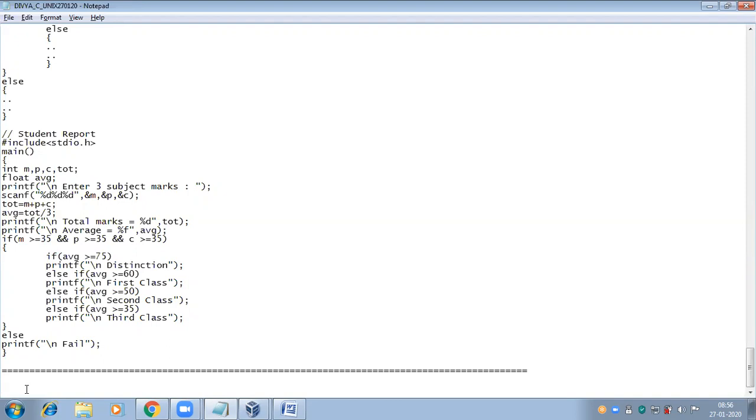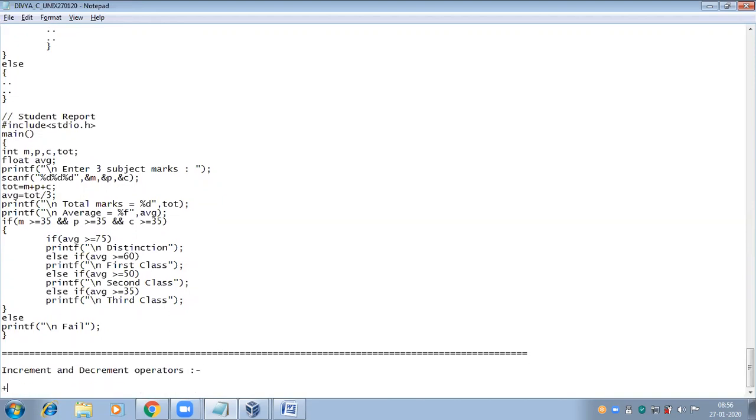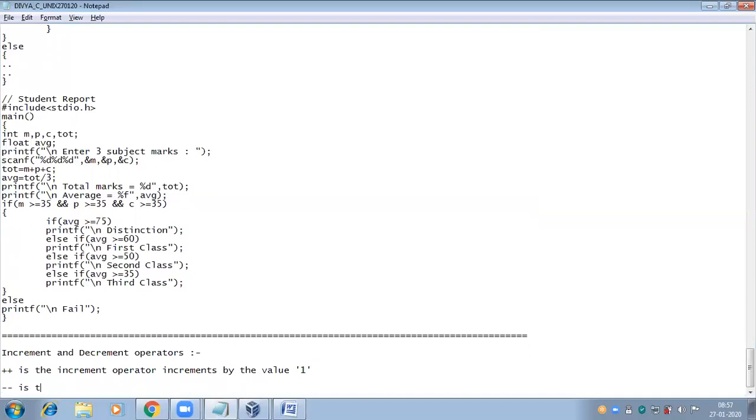The next operators are the increment and decrement operators. Plus plus is the increment operator, which increments by the value 1. Minus minus is the decrement operator, which decrements by the value 1.